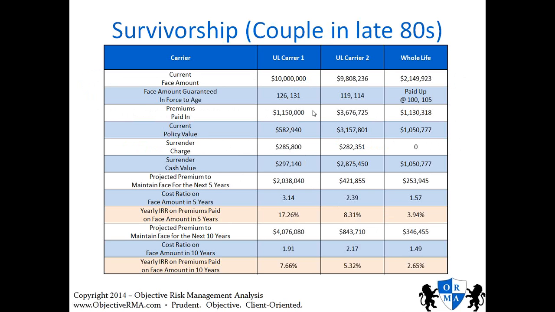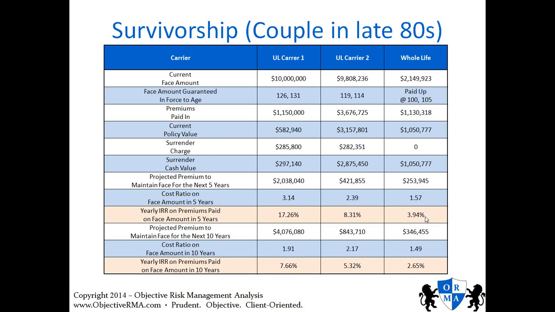You have to rely on my math, but I bring in the previous payments that were made. I know exactly when they were paid because I pull a premium history from the carrier. I put in exactly when premiums were paid, I factor in what the future premium payments are going to be, and then I come up with cost ratios and internal rate of return on a premium dollar. So while this whole life policy doesn't have the highest premiums of all the carriers, you have the lowest premium requirement moving forward.